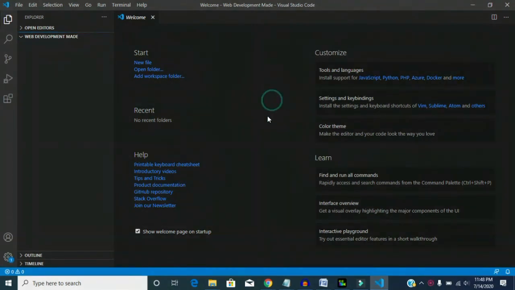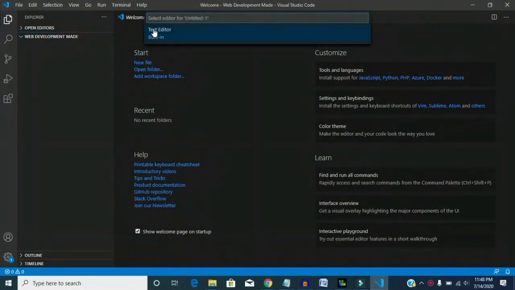If you are not very familiar with VS Code, don't worry, I'll tell you everything that you need. And I am also going to make a separate video on VS Code, and I am going to tell a lot of tricks about VS Code which will make coding much easier for you.